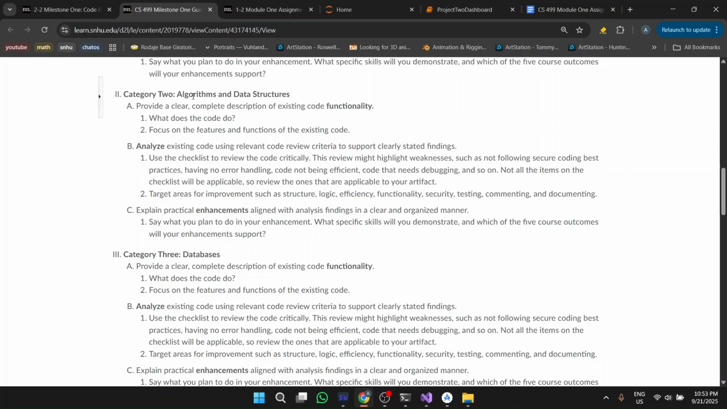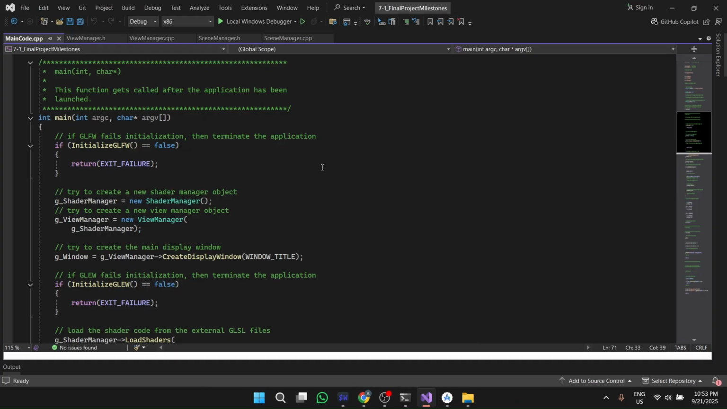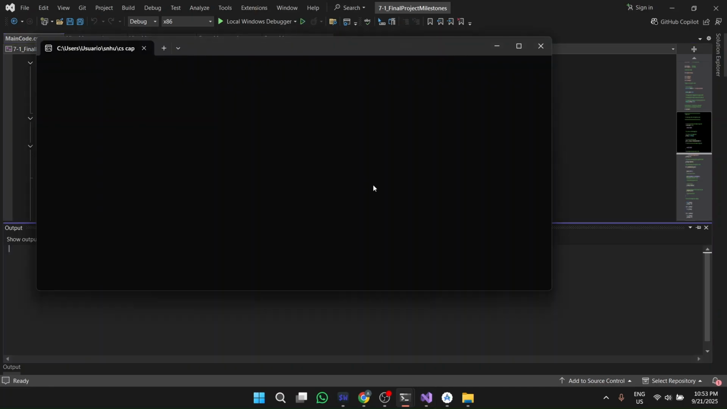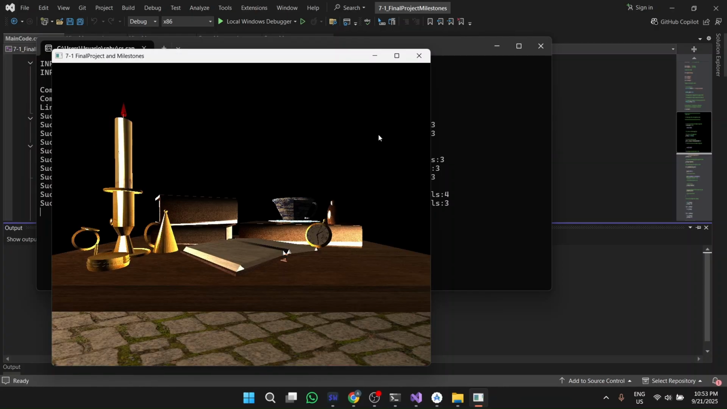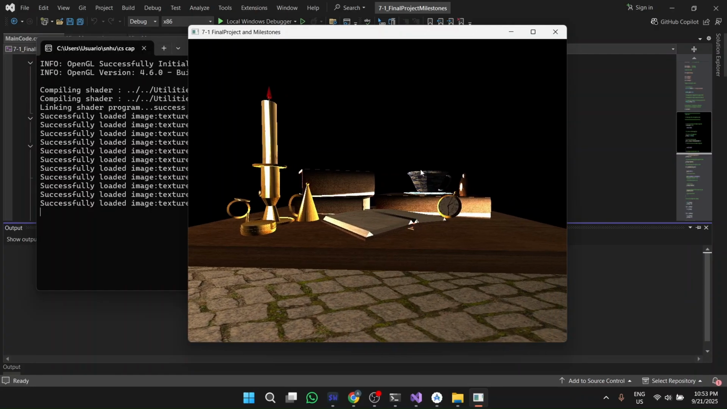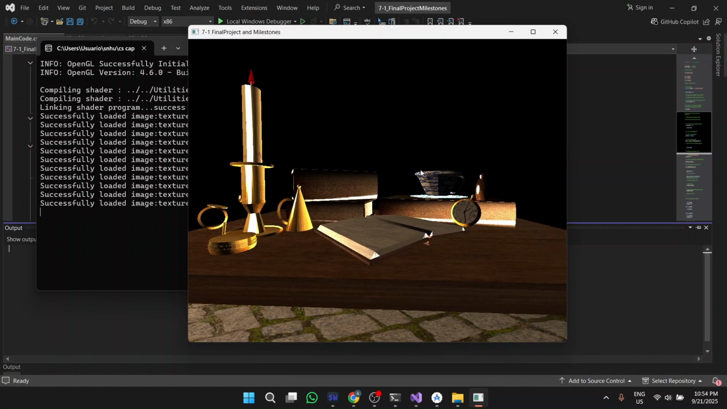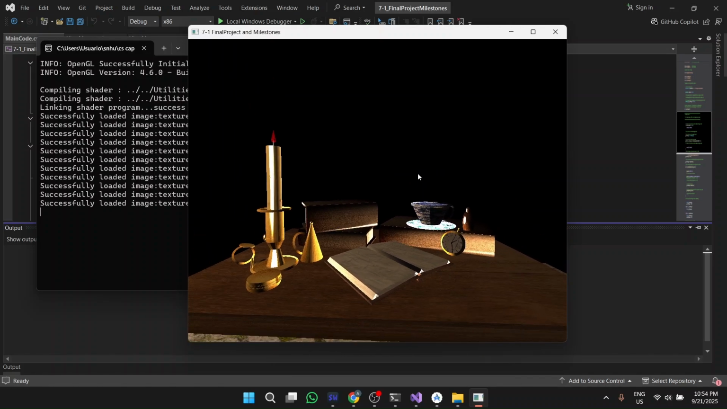For the category 2 algorithms and data structures, I am using the artifact of the final project of the CS 330 computer graphics and visualization, which was developed using C++ and OpenGL API. First, I'm going to show you how the application works. The application is starting. It's a mockup of a composition of objects with texturing, lighting,